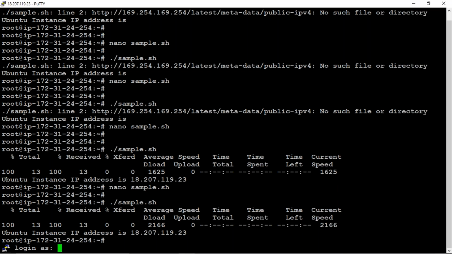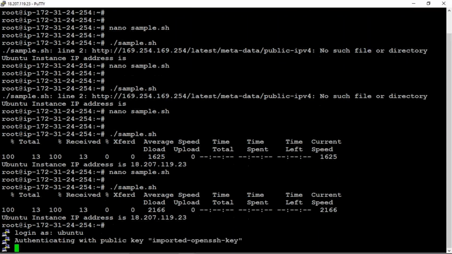So it is asking for login, and type ubuntu and enter. So it is successfully connected.